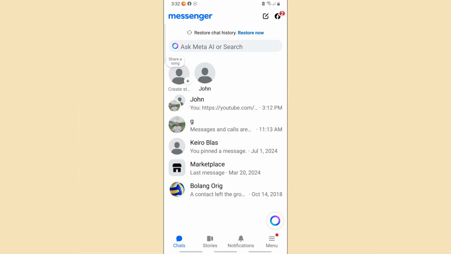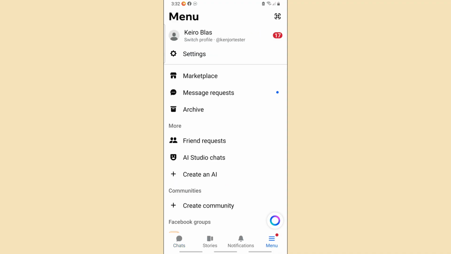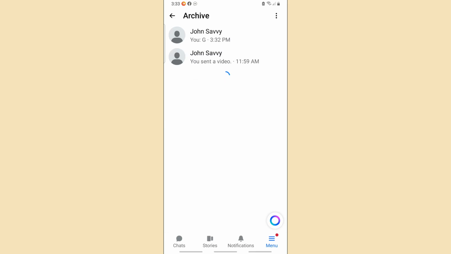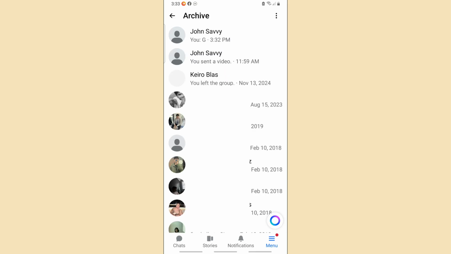So, guys, first is just simply open up the Messenger application on your device. Now, over here, you could just simply go ahead and go to your archive messages. Now, to do that, select menu at the bottom right corner of the screen, and you will have an option over here right away, guys, the archive tab. So go ahead and tap on the archive tab, and you should be able to see all of the people